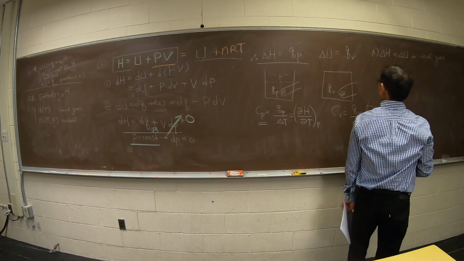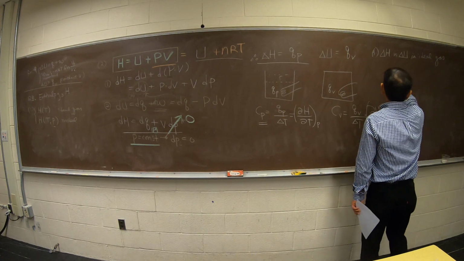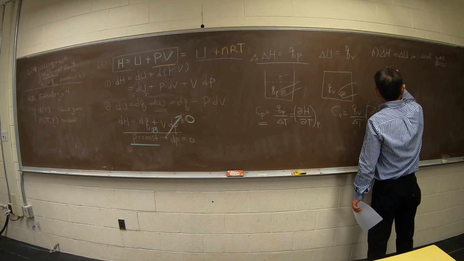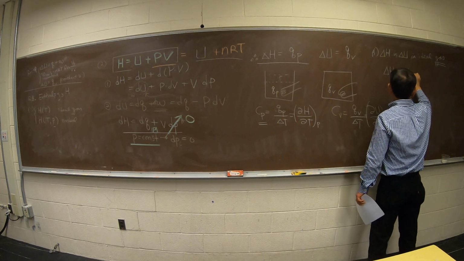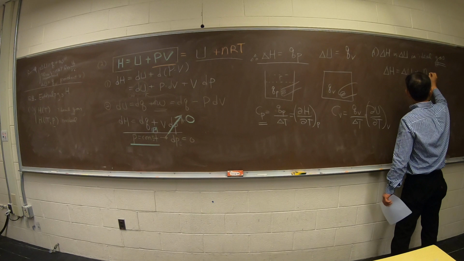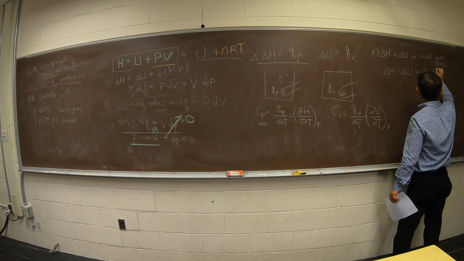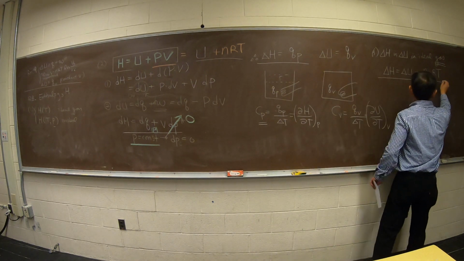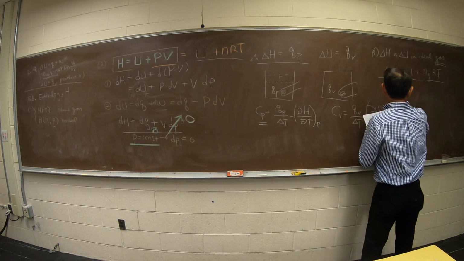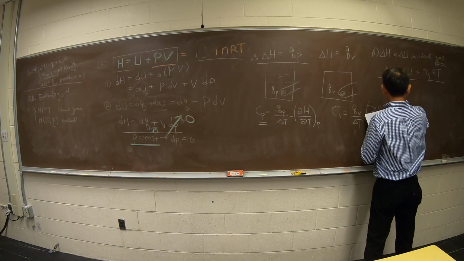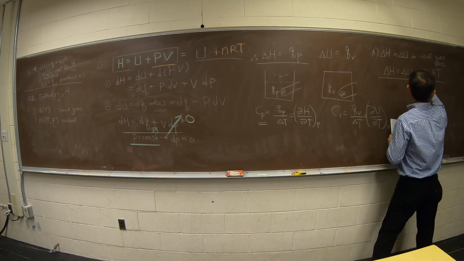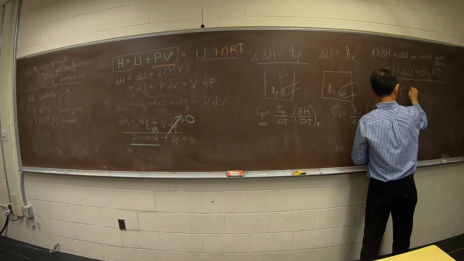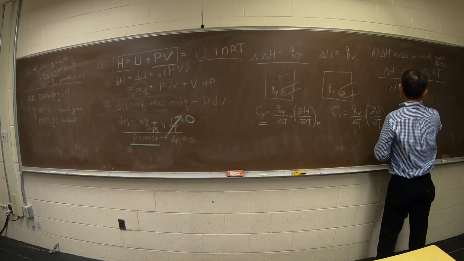If you think about that, because of that relationship, one mole is a gas, and delta H is delta U plus delta N gas times R. So this relationship is defined. And delta N gas is the moles of gas in product